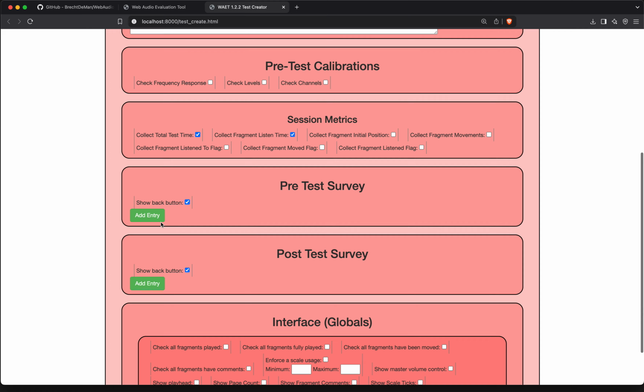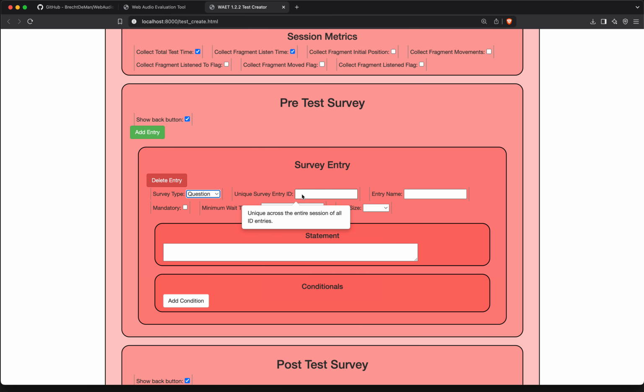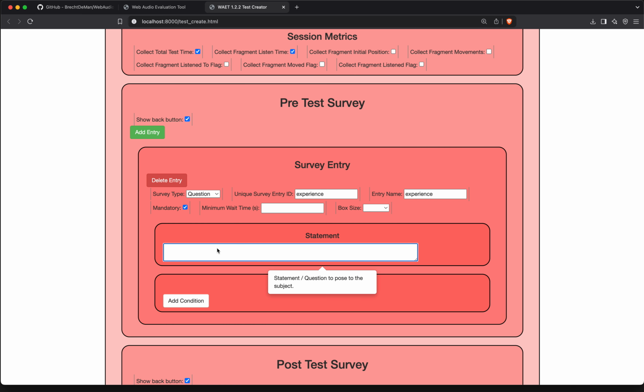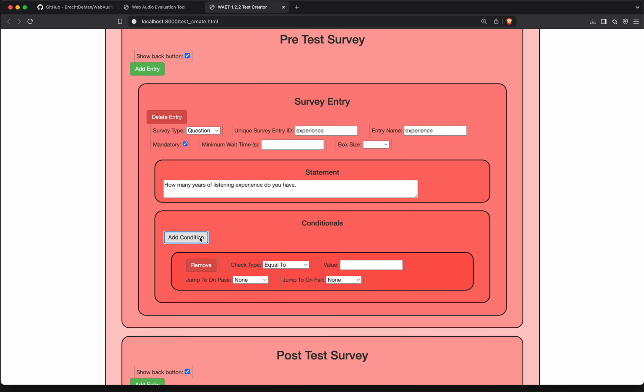Right, pre-test survey. So you might want to gather some metadata about your participants. So we could have a survey type. We could have a questionnaire here. We need to have a unique ID. So maybe I'll have experience as the entry name, we'll just call that experience as well. We'll make it mandatory, and we'll have a statement such as how many years of listening experience do you have? For example, could be anything you want, could be age, could be things like that. So that's one